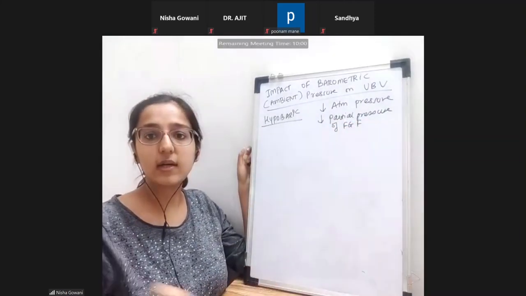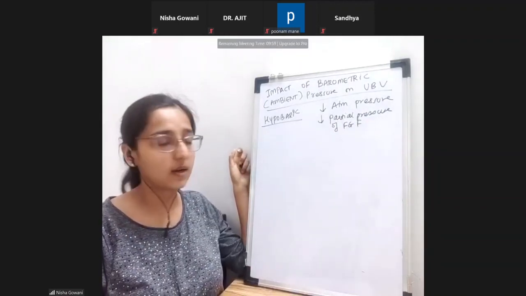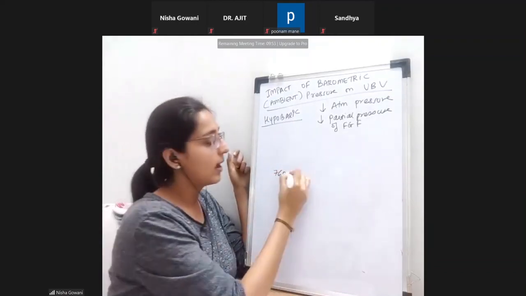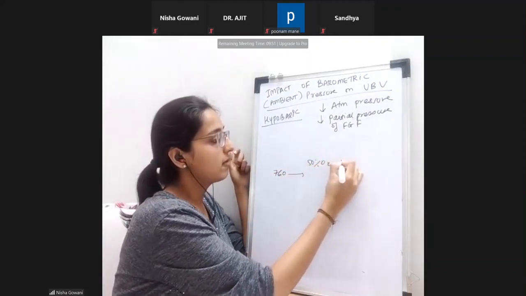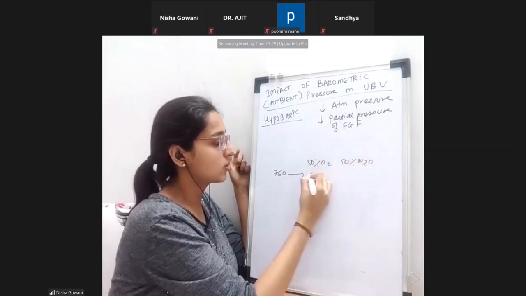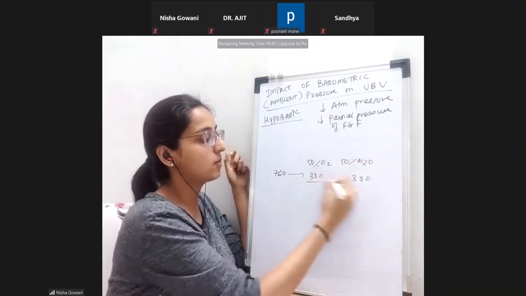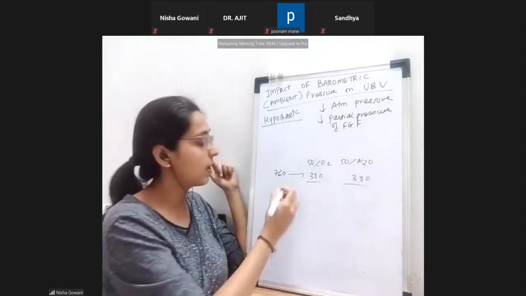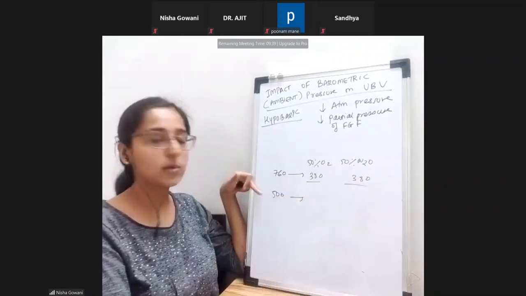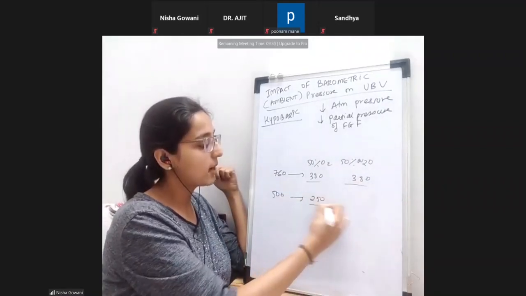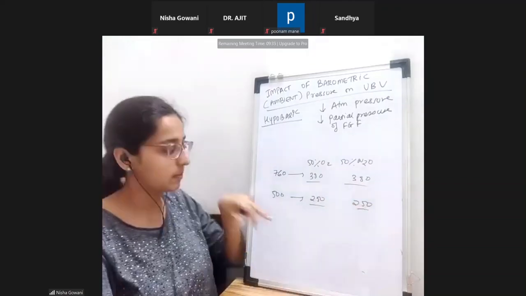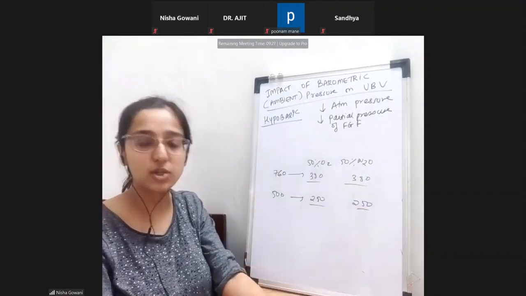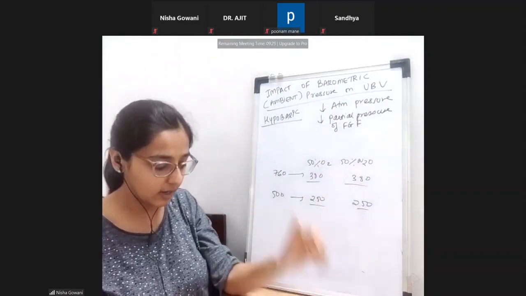Say there's oxygen and nitrous, these are the fresh gases we are using. For example, if I'm at sea level and I'm using 50% oxygen and 50% nitrous as my fresh gas, this gives me 380 and 380 partial pressures of each. If I'm going to a 10,000 feet altitude, up in the mountains, and the atmospheric pressure is 500, that means my partial pressure will come down to half of this. Because I'm using 50-50, this comes to 250 and 250. Therefore, the partial pressure of the fresh gas that I'm using will reduce at a higher altitude.